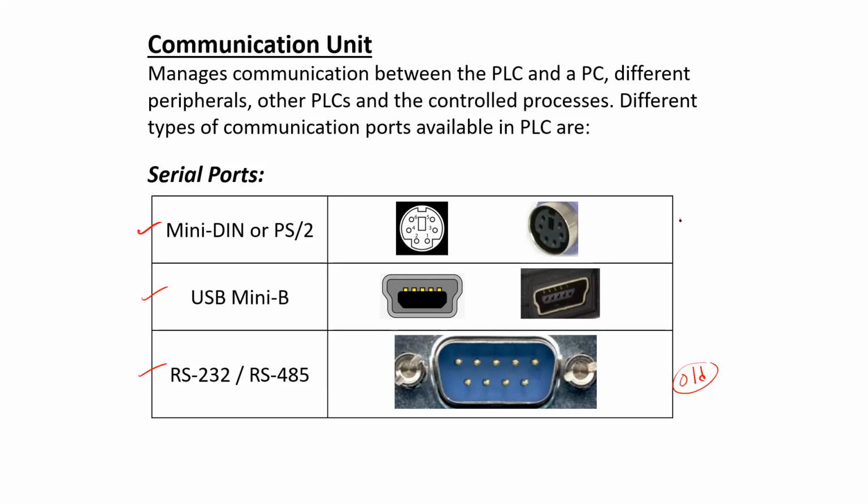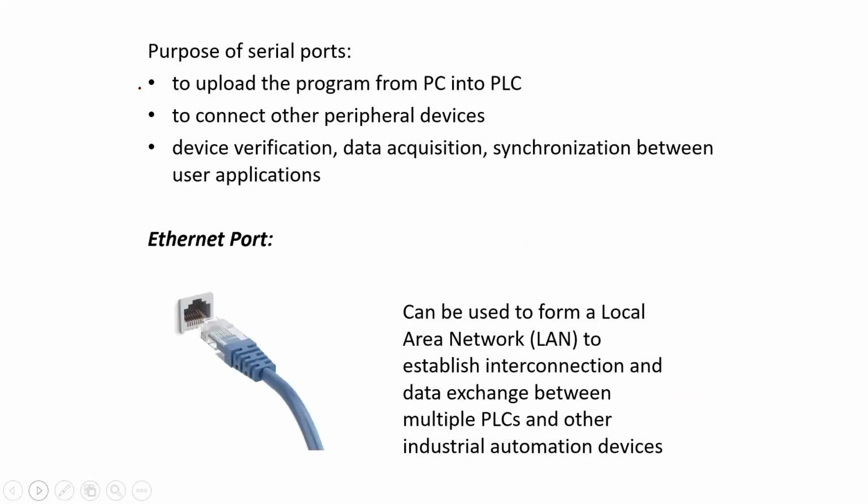Compared to this, these mini DIN ports were invented later. Those were later on replaced by the USB ports, different types of USB ports. But mainly this type of serial ports are available in the PLC to establish communication. And the general purpose is to upload the program from the PC to the PLC board, or if it is necessary, to connect other peripheral devices, and device verification, data synchronization between user applications can be done through the available